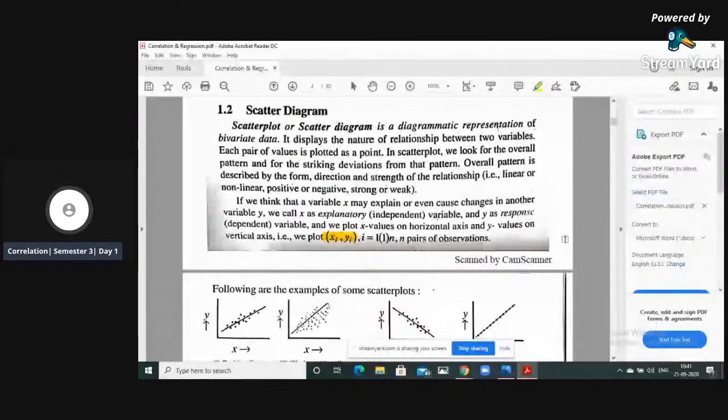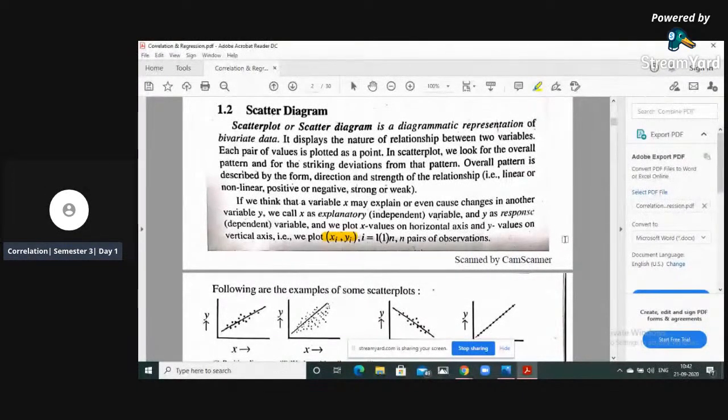That means the first point is x1, y1. Second point is x2, y2. Third point x3, y3. Like this, right up to xn, yn. So these types of points are plotted on the graph paper, which gives you the scatter plot or the scatter